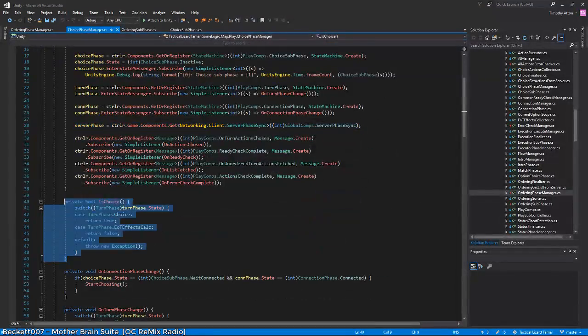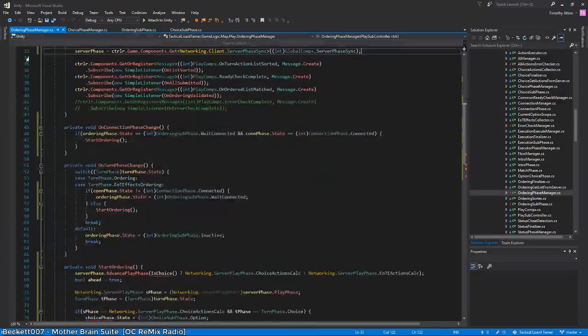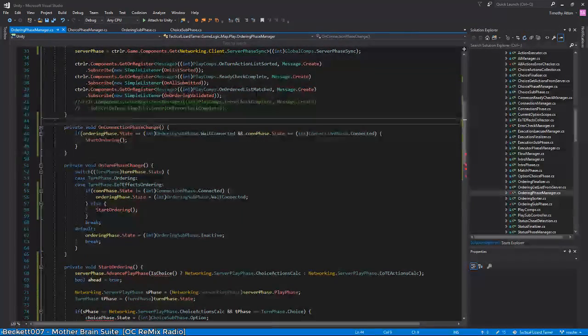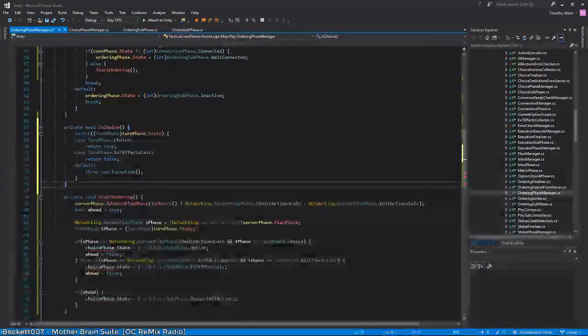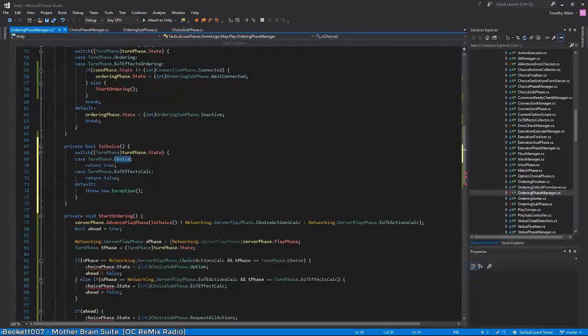Then I guess we will need this as choice after all. Okay, so if it's ordering or end of turn effects,